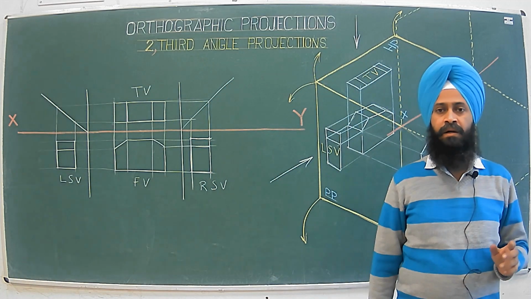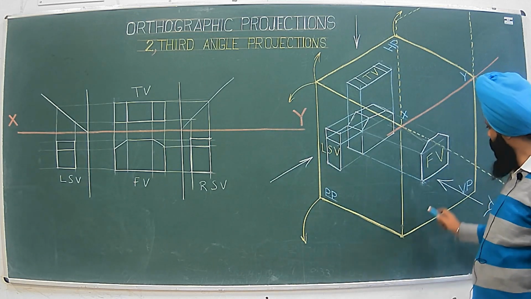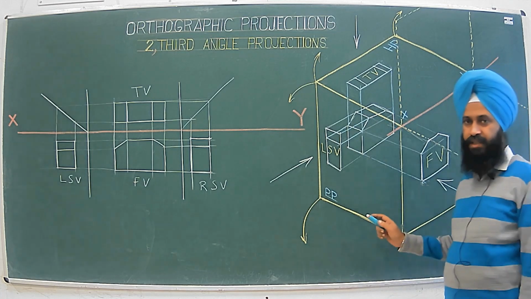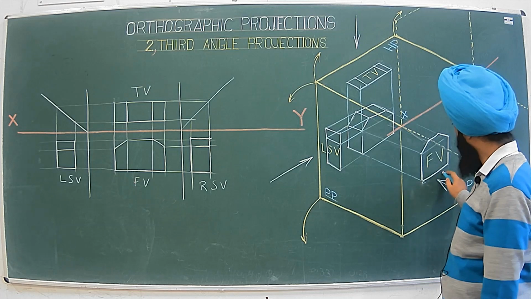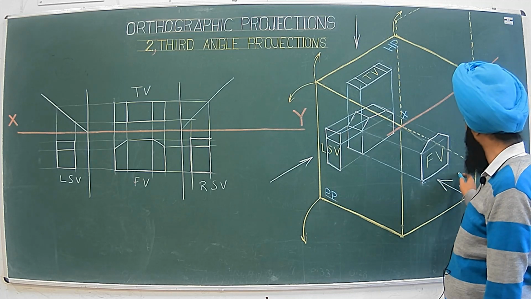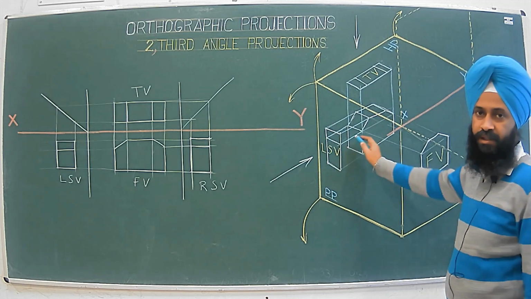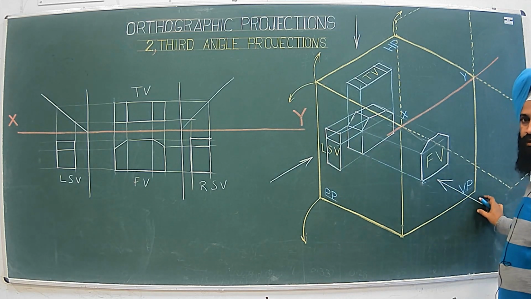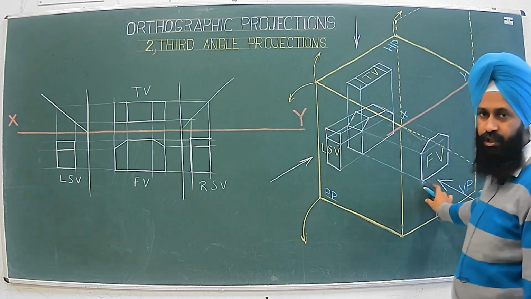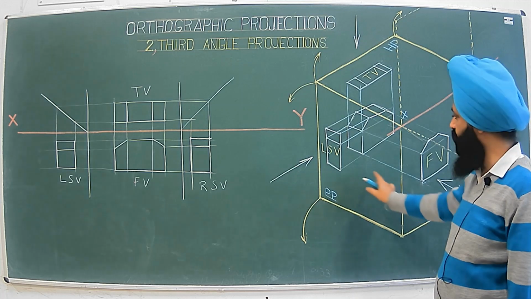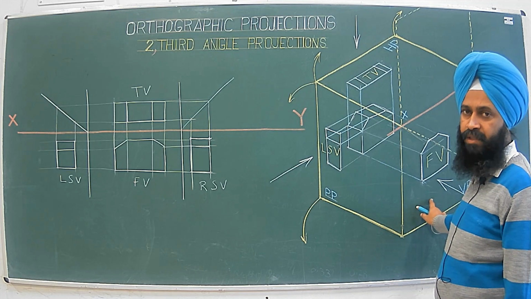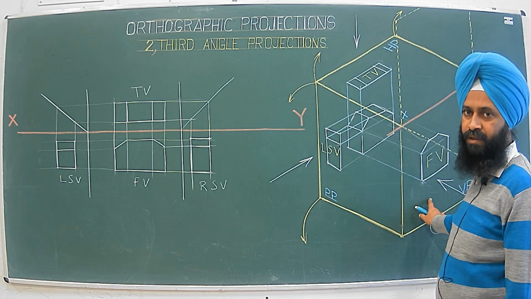One thing more: the basic principle of third angle projection is that the plane of projection, let us say we have VP, lies between the observer and the object. So here we have the observer, here we have the plane, then we have the object. It means first we see the projection, and after that the object is visible. So the image is drawn on the same side as the object, right?